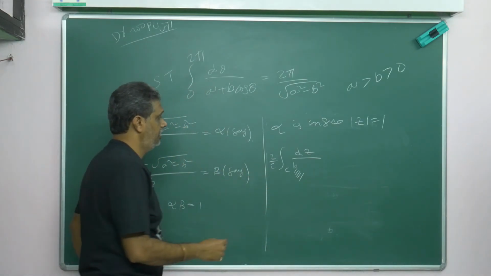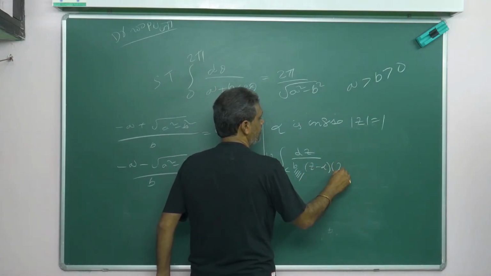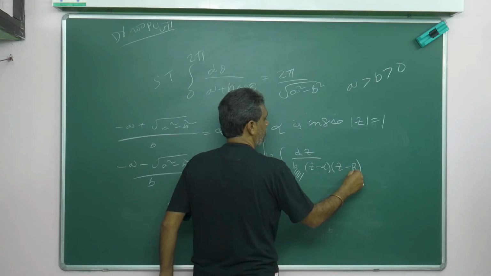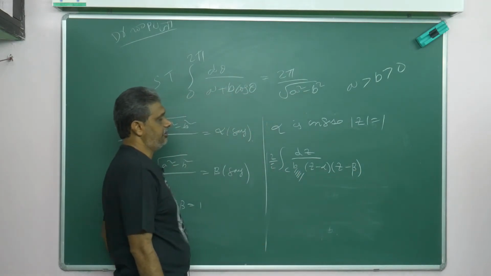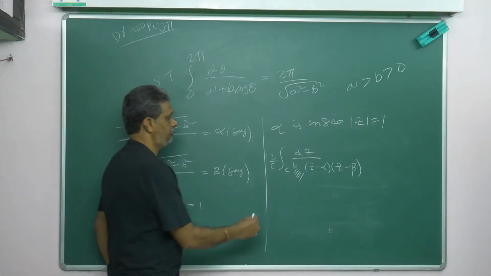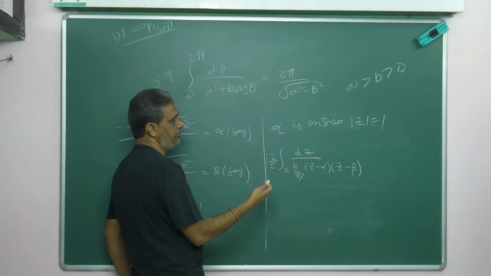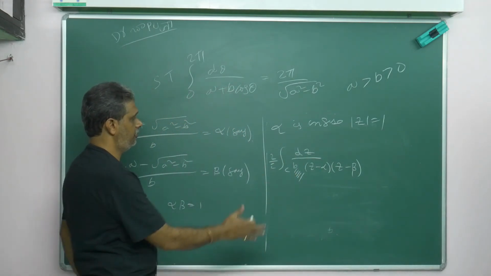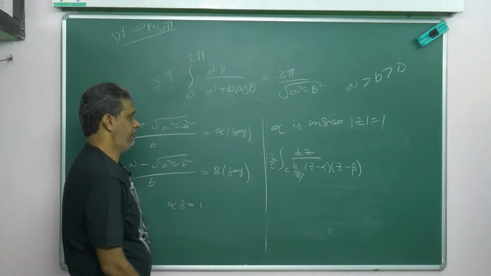Again and again I tell you. b into, how can I write? z minus alpha, z minus beta, because b into z square is there in my equation. So if you leave this b, the whole problem collapses. So this whole thing I can write as 2 pi i into sigma r, of this whole f of z. Now you can find the residue at z.